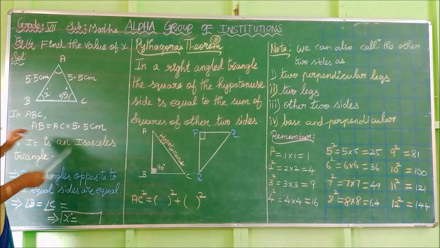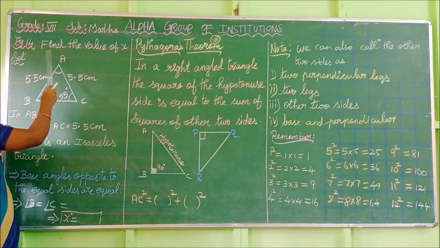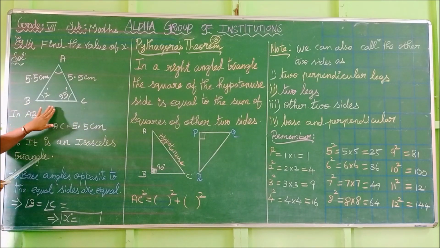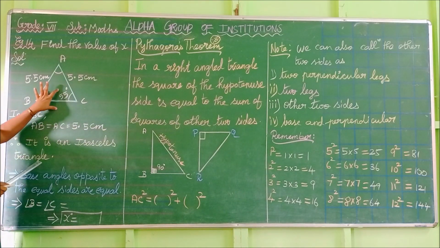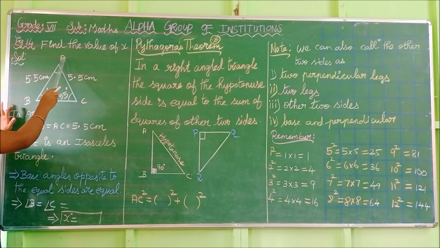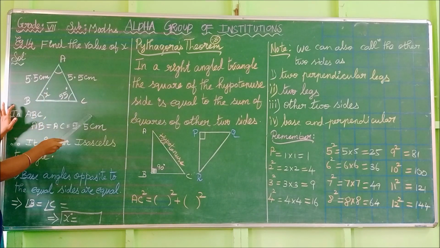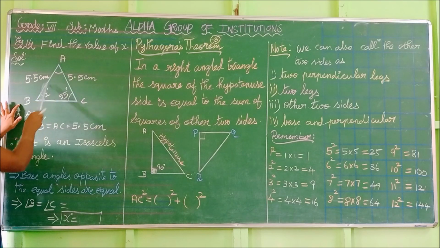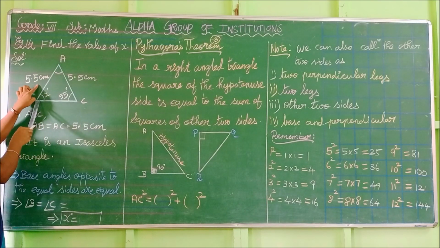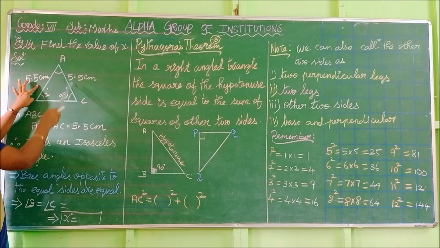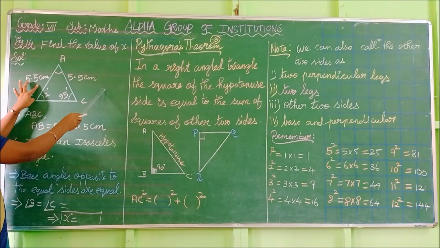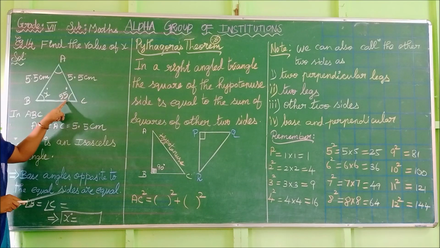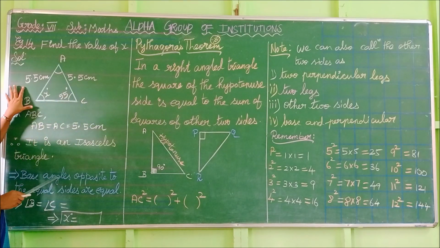Next we are going to see example 14. Find the value of x from the given triangle. This is the given triangle, children. Observe this triangle. What is the name of the triangle? ABC. These are the vertices of the triangle. And they have also given the measure of the side AB. What is it? 5.5 cm. And the measure of AC is 5.5 cm. And also they have given angle B equal to x degree, angle C equal to 55 degree. These are the given data.